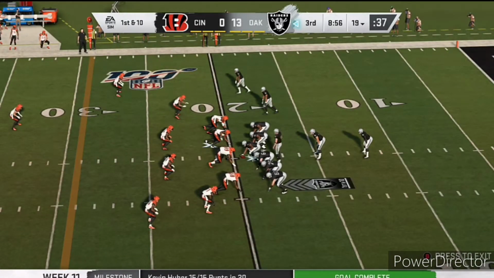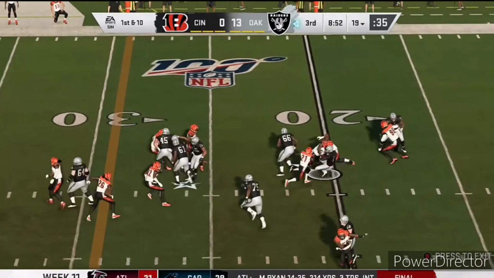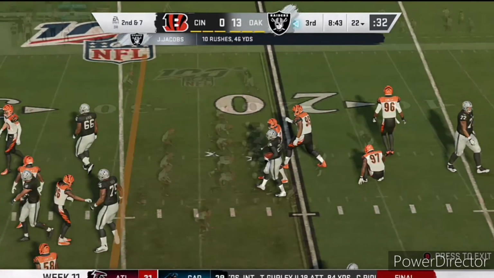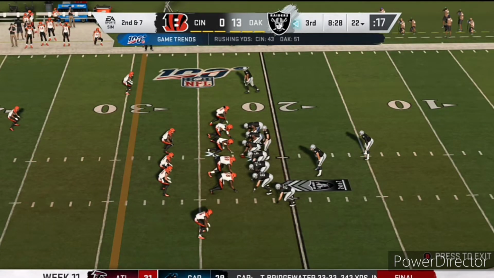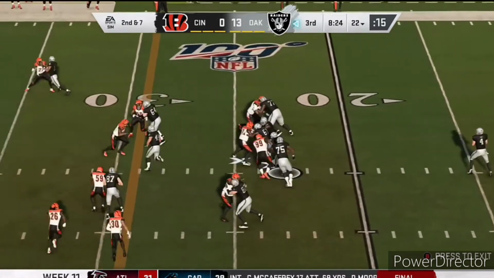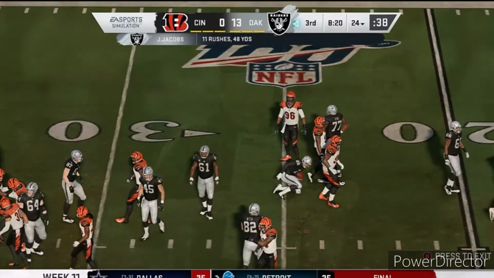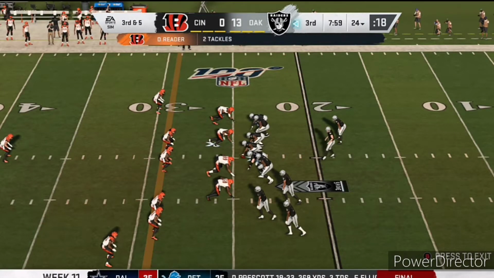Alec Ingold in the fullback for the Raiders at the 19-yard line. Derek Carr under center. Runs a draw play to Jacobs here out to the 21-yard line, actually 22-yard line, and that will make it a 2nd and 7 on a 3-yard carry. As Derek Carr comes back out under center, Ingold in the game for the fullback, and he will hand it off yet again to Jacobs, as DJ Reader makes the tackle there. And that will make it a 3rd and 5 for the Raiders,